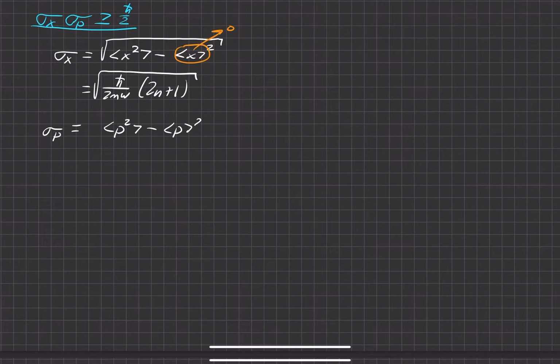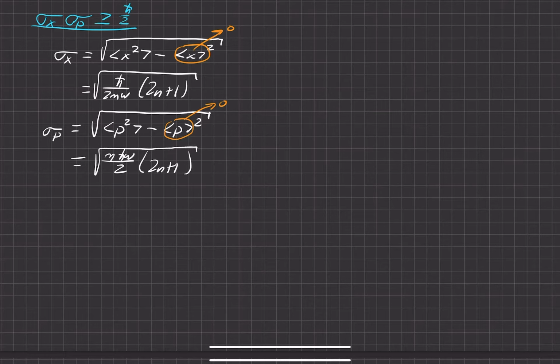Now we're going to move on to the uncertainty in the momentum. And again, this value right here was found to be 0. And we can go ahead and substitute in for the momentum squared expectation value. All right, looking pretty good so far. Now we're going to move on to the final step,